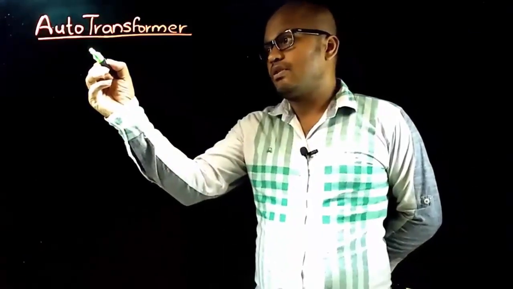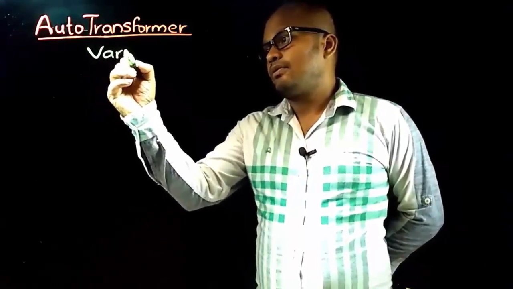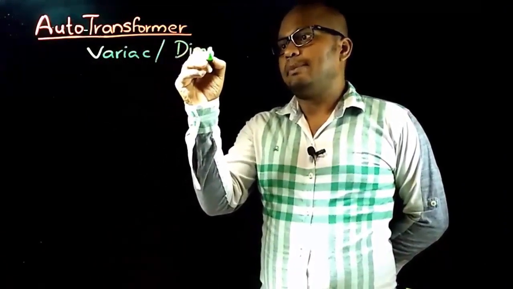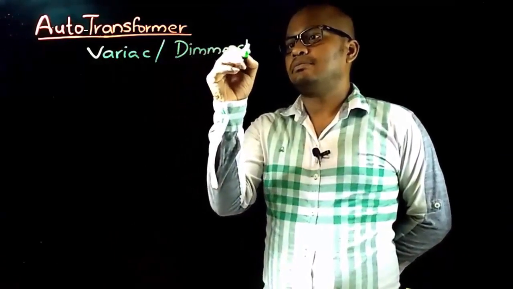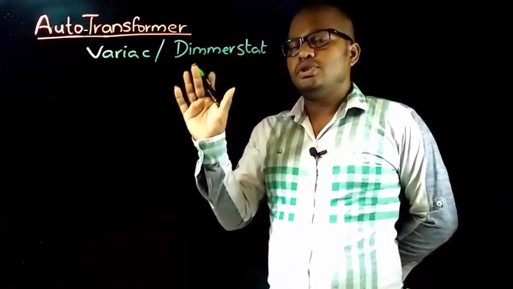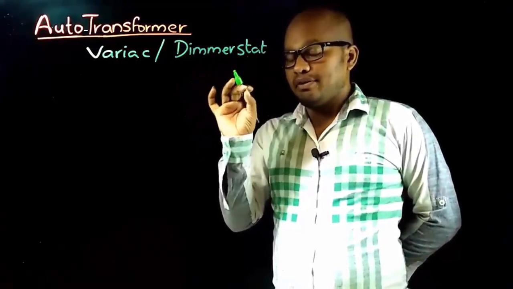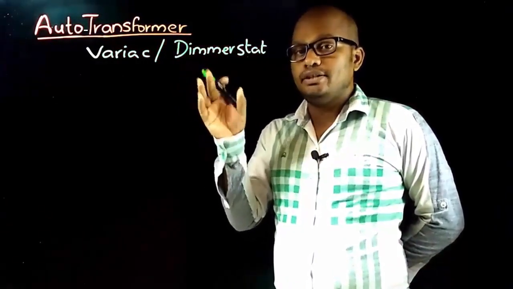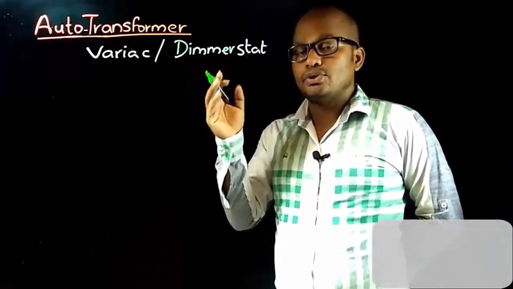Autotransformer, which is also called a variac or dimmerstat, is used to obtain the required voltage from the available voltage. That is, it can be used to get the step up voltage or the